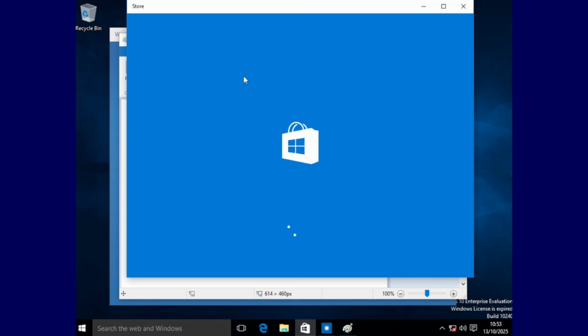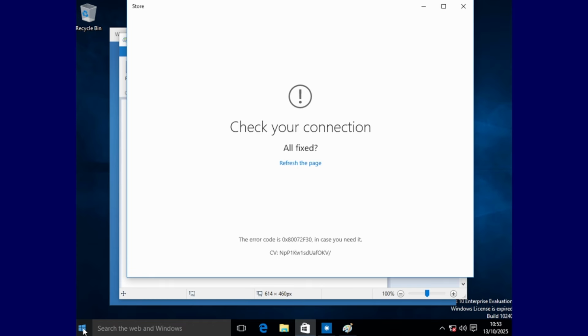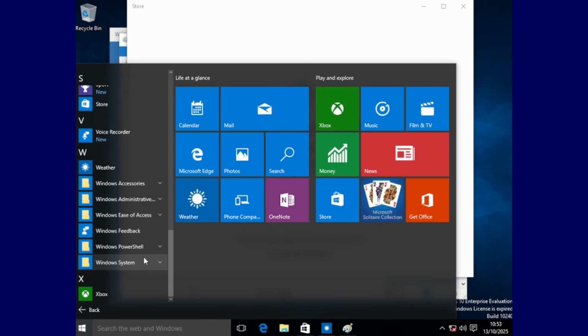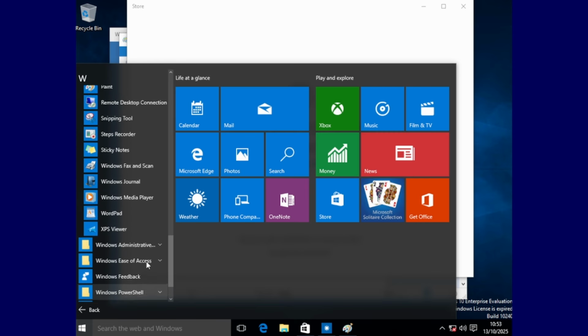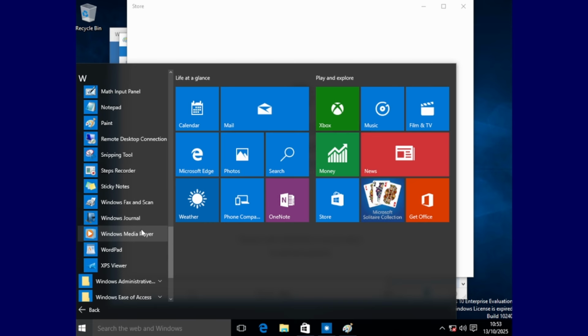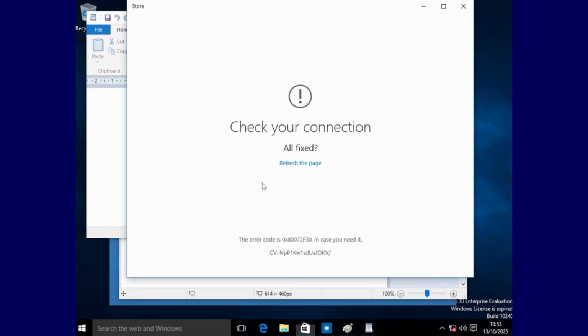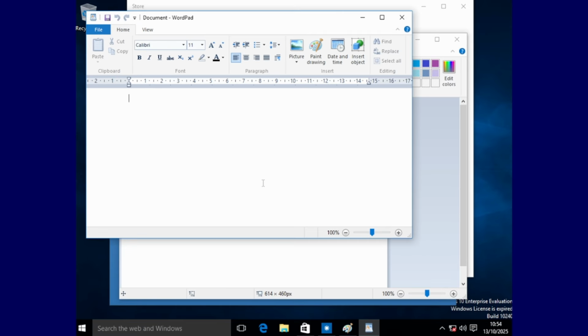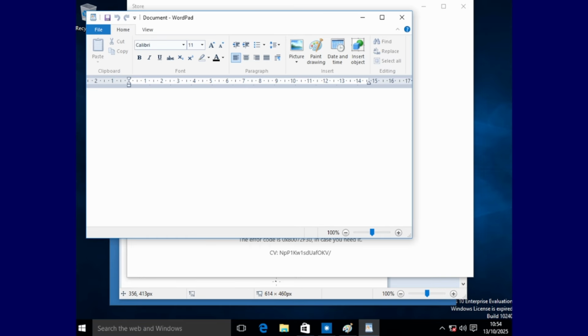The Microsoft Store was also an app that could run in a window, and would later on go on to offer apps that weren't universal Windows apps. So there you have it. That is a bit of window management in Windows 10.